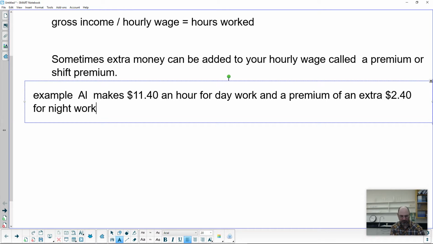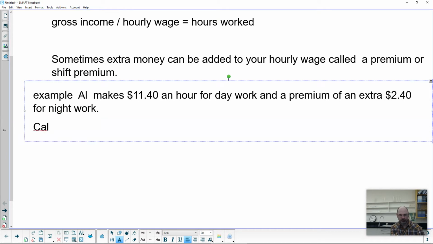Then it says calculate Al's gross income